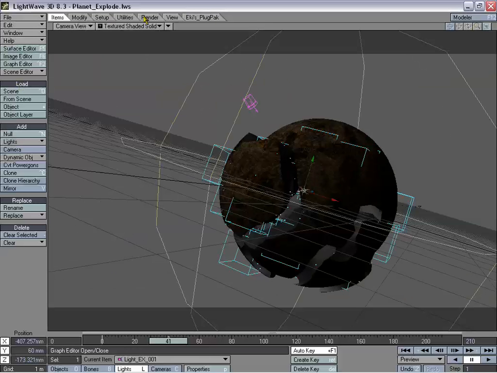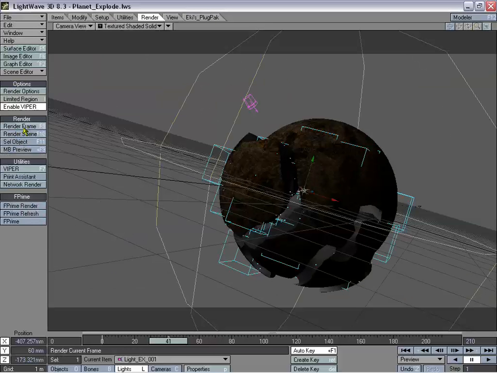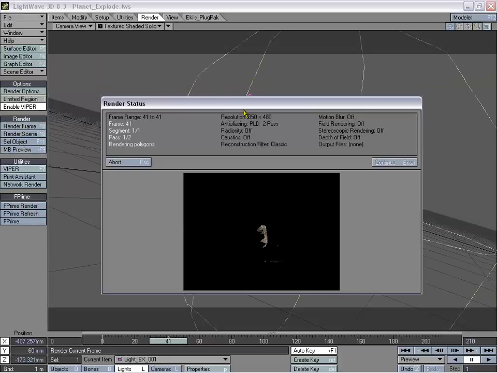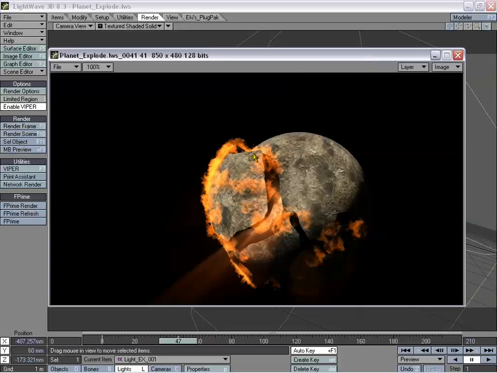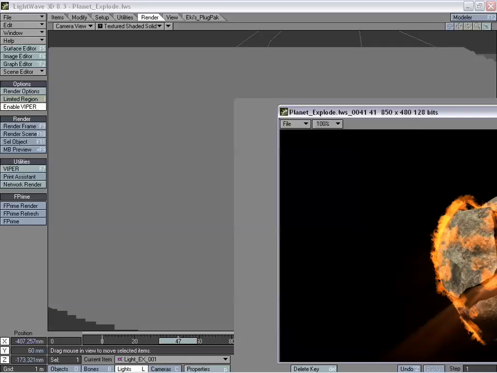Alright, so I'm going to render this now. Render frame. Okay, we have our finished frame here. And if you notice, most of it's just shooting out from the bottom. And that's mostly because this large section right here, when it's kind of coming out, it's almost intersecting